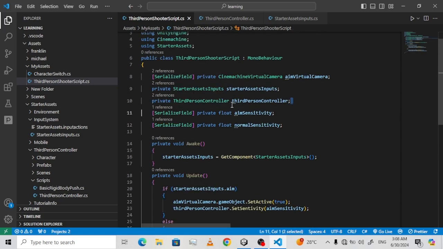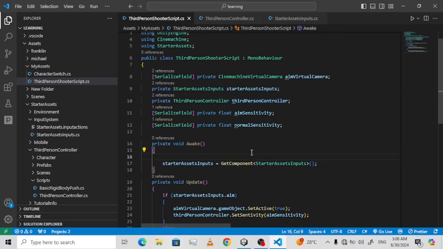We are not initializing our third person controller, so inside the awake function here we can say the third person controller, and then we get component. The reason why we can use get component is because this file is also on the same game object. They are all on the same game object. And then we can say third person